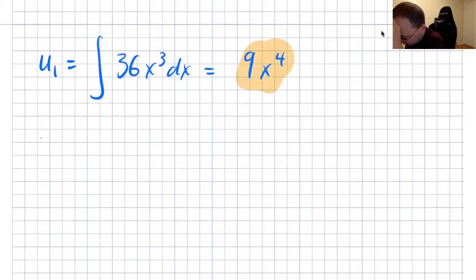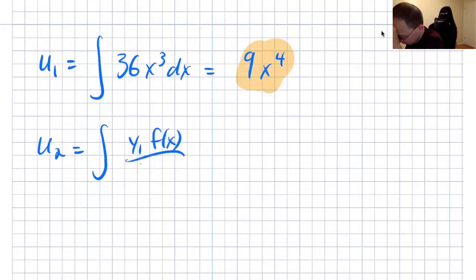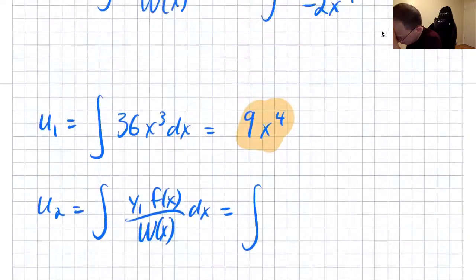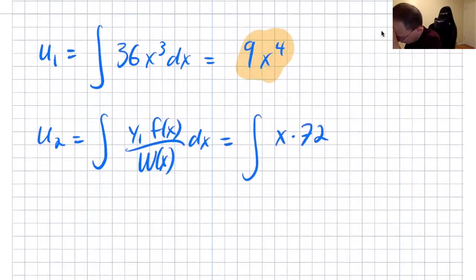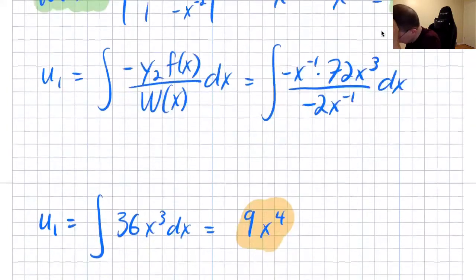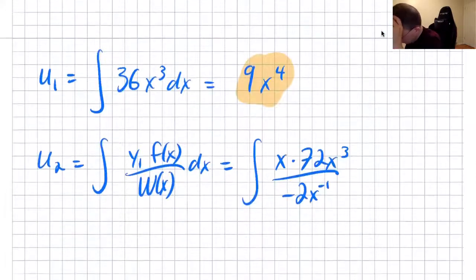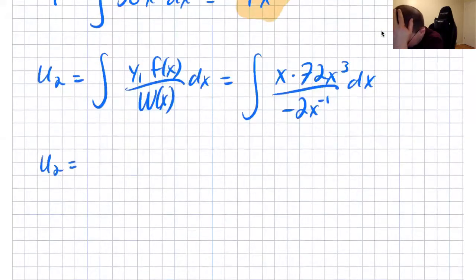Okay, great. And then u2, integral of, now it's y1 times f of x, divided by the Wronskian. What is y1? y1 is x. F of x is 72x cubed divided by the Wronskian, negative 2x to the negative 1, I believe. Yeah. So then u2 is,